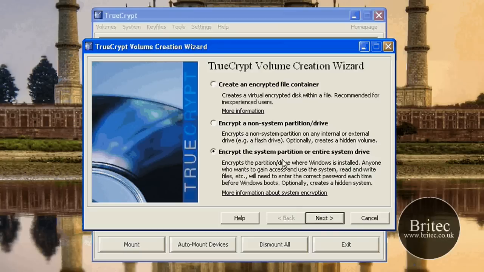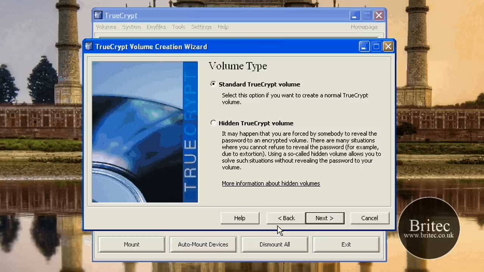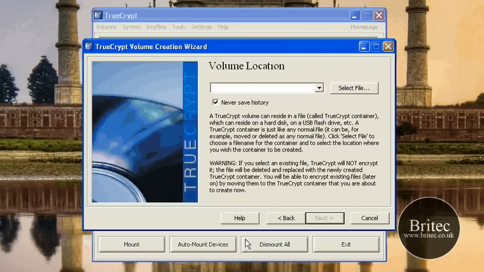With this option, I think you have to make a boot rescue CD if you're doing this process here, just in case things go wrong, because you're encrypting the whole drive, and that will help you rescue back your data. So if you're going to do this one, bear that in mind. So we're going to be doing this one, so go next, standard encryption or standard TrueCrypt volume, or you got the hidden TrueCrypt volume. Okay, we're just going to leave it on the standard for this one, and then go